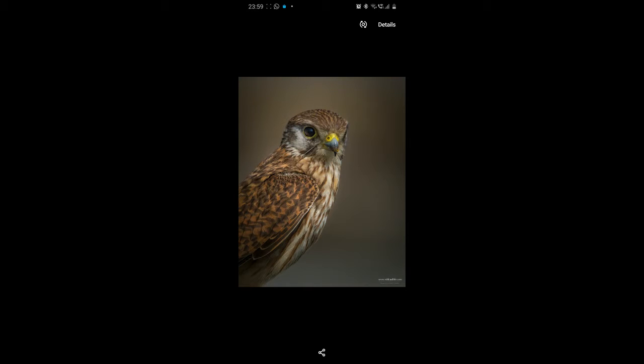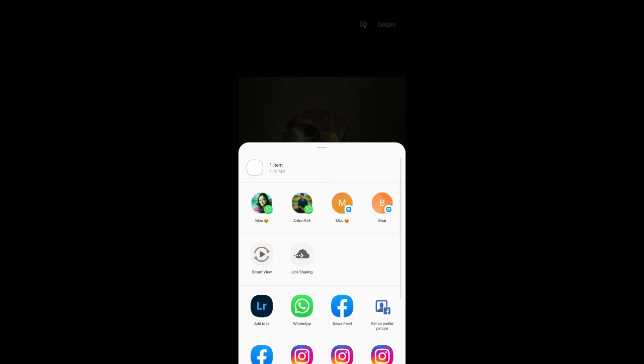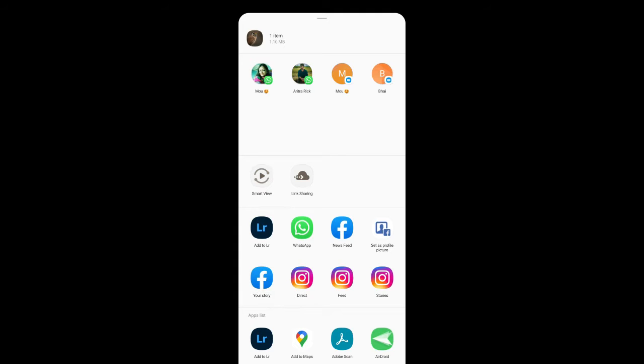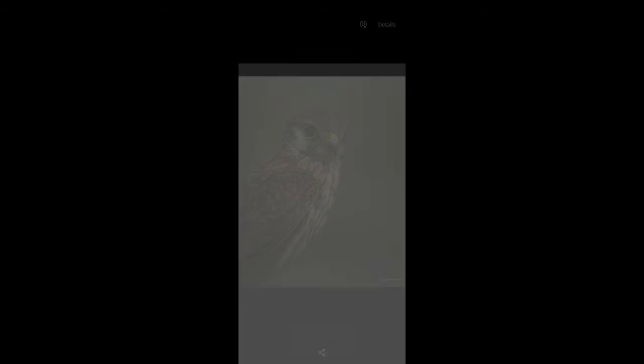Now this is one of the photos that I made in Gajoldoba in the past year of 2019. So I have edited this photo and let's now see how the problem looks like. I shared this photo over to Instagram to check whether the colors stay intact or not.